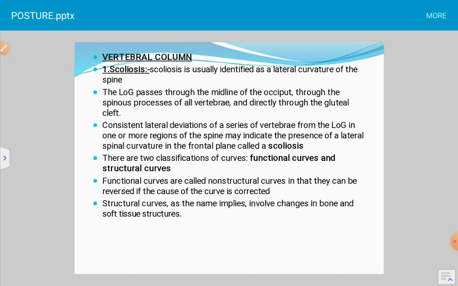And there are two classifications of the curves, the functional curve and the structural curve. And functional curves are called the non-structural curves, and they can be reversed if the cause of the